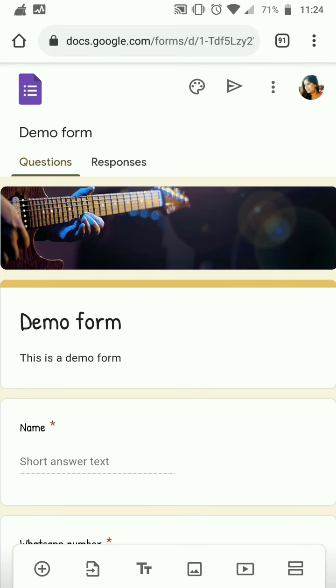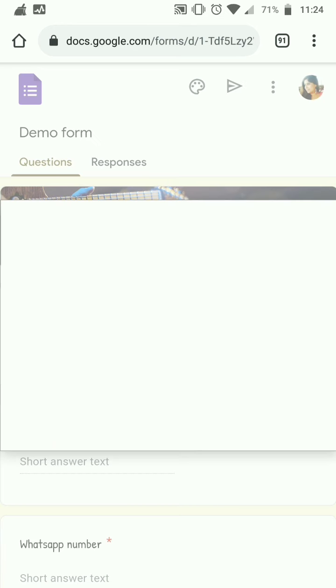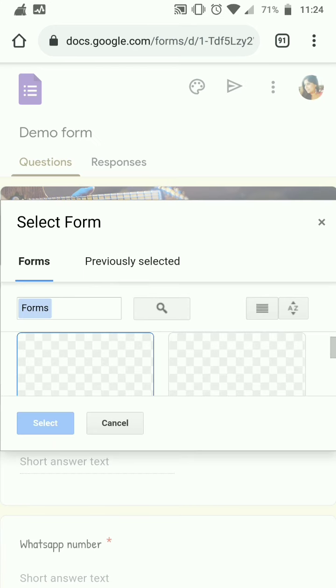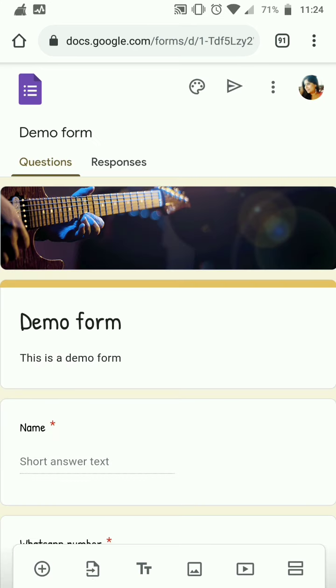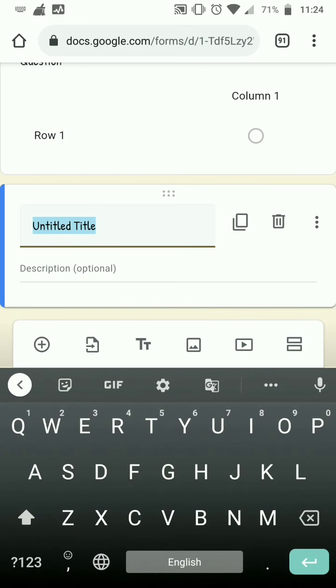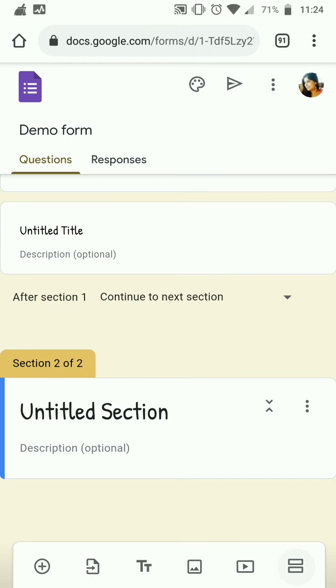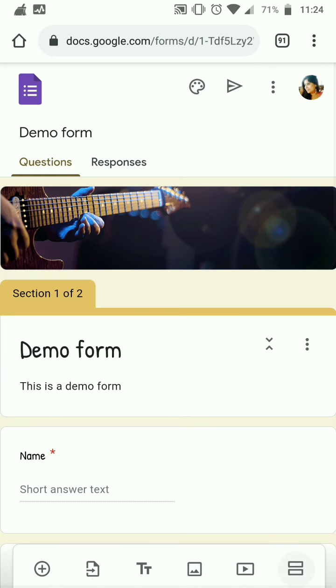Also, once you have decided on everything regarding this, you can even make sections within the form.